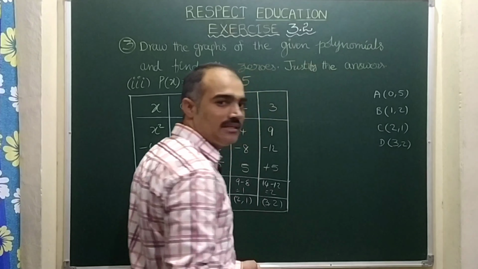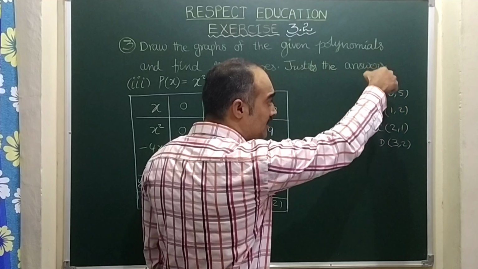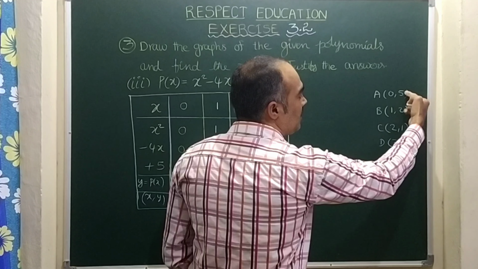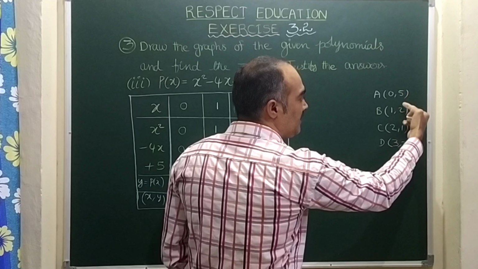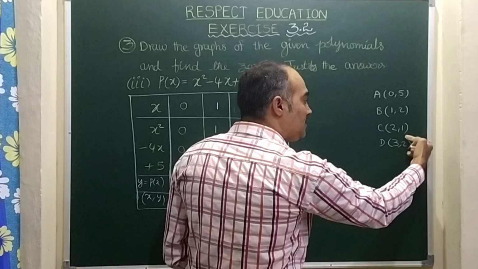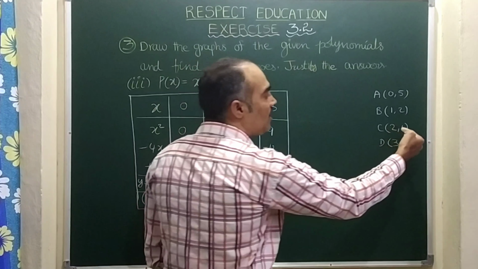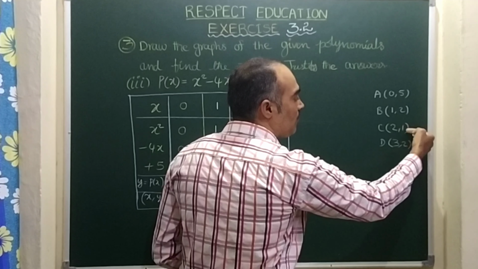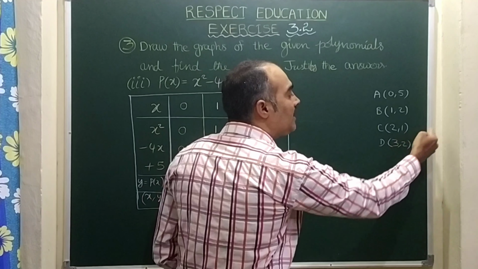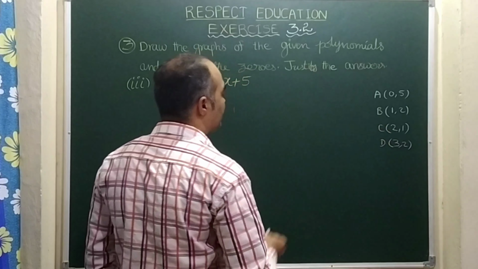See here I am saying the reason why I stopped taking points. As the x value increases, see y, starting y value 5, it is decreased to 2, it is decreased to 1. Then if it becomes 0, okay, we may get 0. But here again it started increasing. Y is increased from 1 to 2. That's why whatever value you take, it will go on increasing. Now let us plot the graph by using these points.